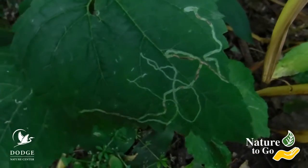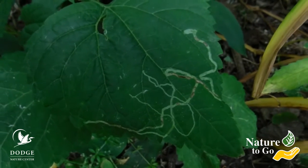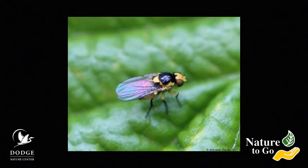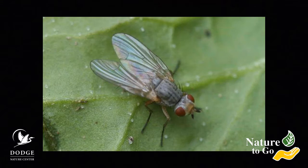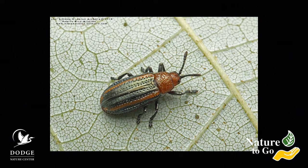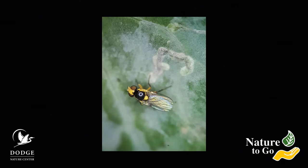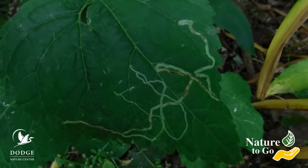What makes the lines on the leaves is a kind of insect called a leaf miner. Now, the leaf miners are a variety of insects. There are flies that are leaf miners. There are moths that are leaf miners. There are beetles that are leaf miners. There's hundreds of different kinds of leaf miners, but their life histories are very, very similar in what creates the